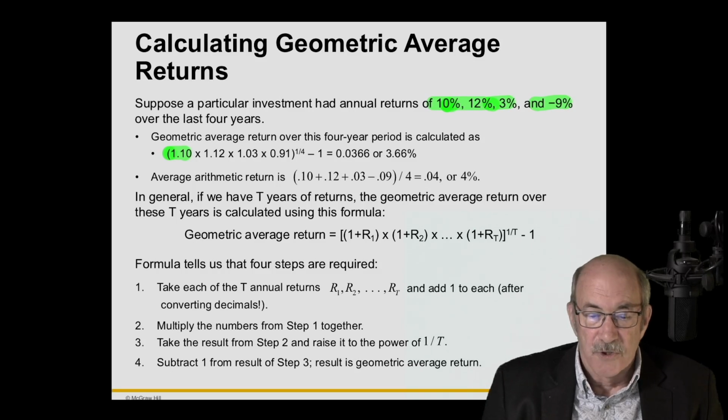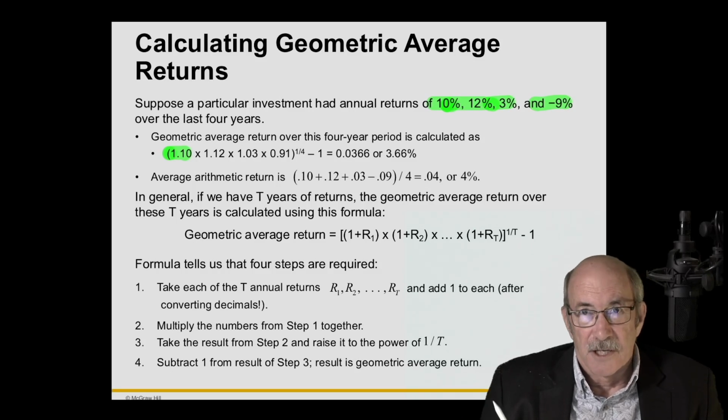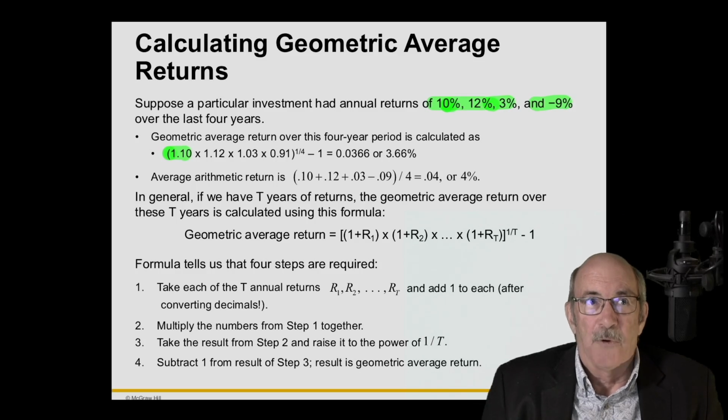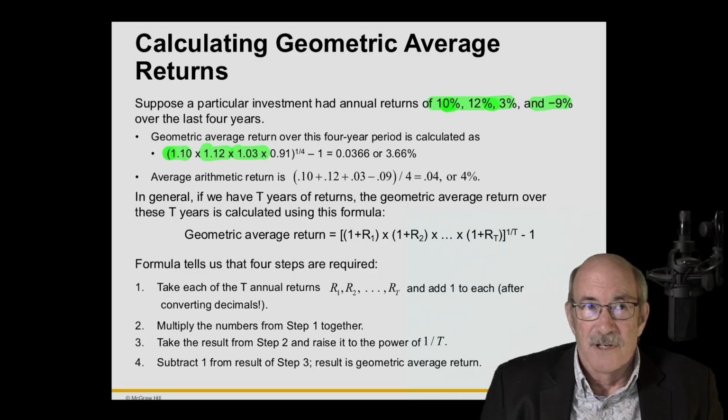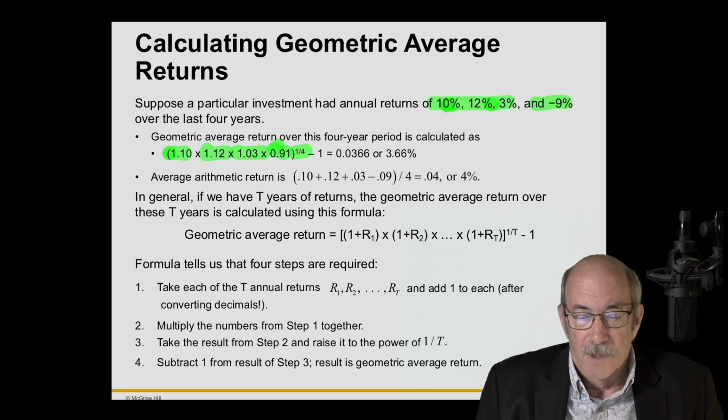Take the 12% return, take the decimal equivalent, 0.12, add 1 to that, right there. Likewise with the 3%, and then the negative 9, we get the decimal equivalent is negative 0.09 plus 1, gives us a positive 0.91. And then we're going to take that to the 4th root, or the exponent is 0.25, which is equivalent